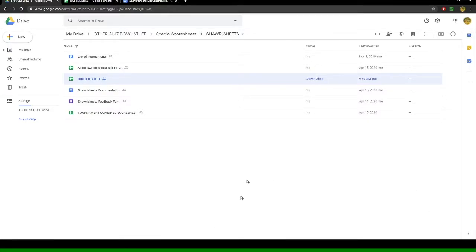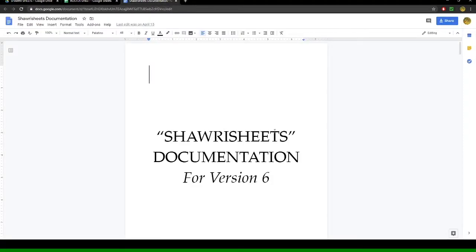Hi, this is going to be a tutorial on how to use the latest version of Shawrisheets online score sheets. If you haven't looked at the documentation sheet here that looks like this, I'd encourage you to do so before